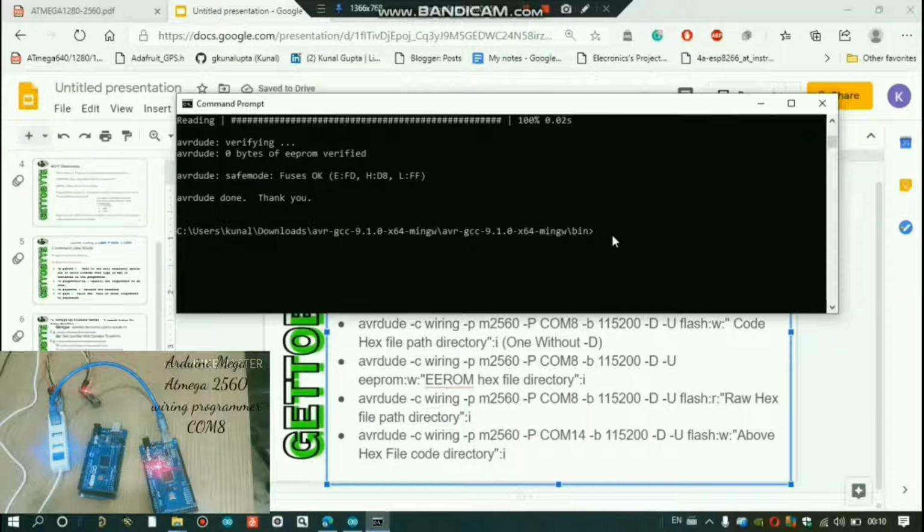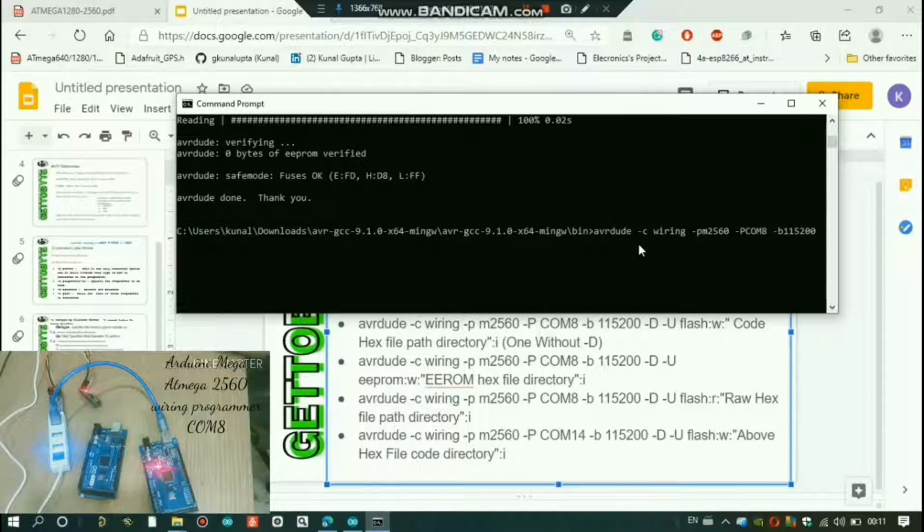So we will now execute the second line's last command. For that we type avrdude -C wiring -p m2560 -P COM8 -b 115200.